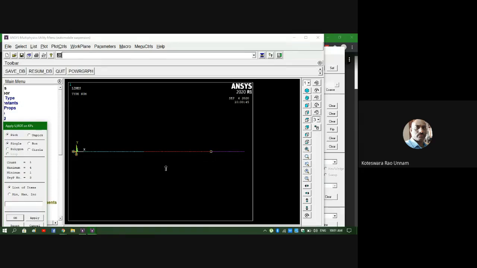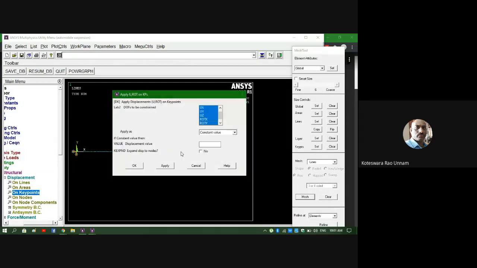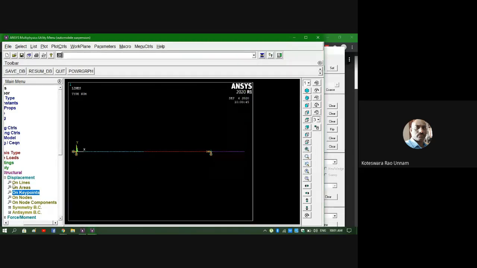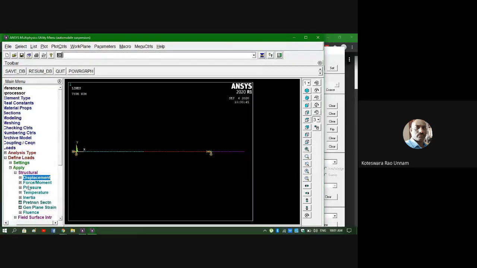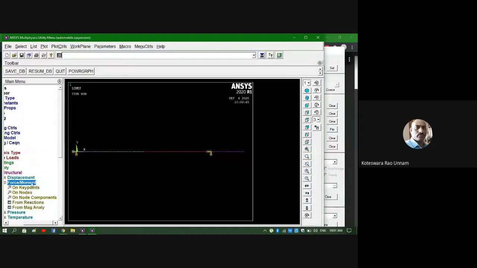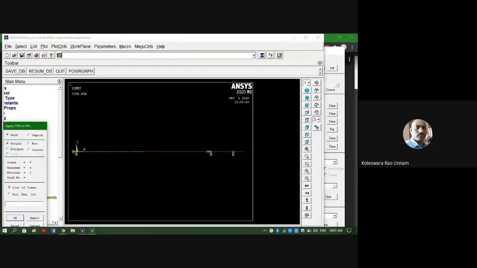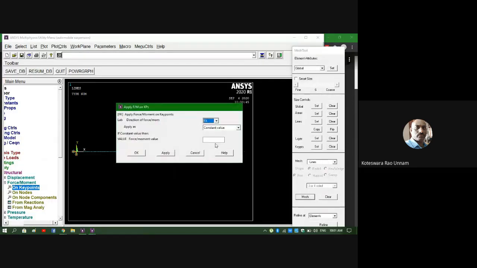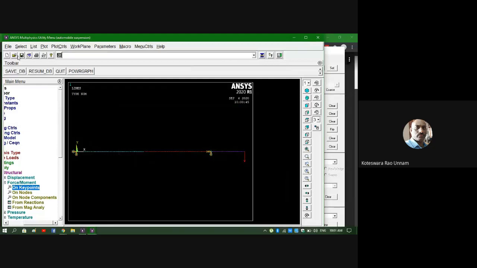So you select the key point here. Select OK. So now you need to unselect UX here. Then click OK. Then we'll go to the loads. That is, first we'll apply the point load. That also will apply to the key point. So here I have a key point, whose magnitude is, you have to select here Fy and its value is -20. Click OK. So now it is done.